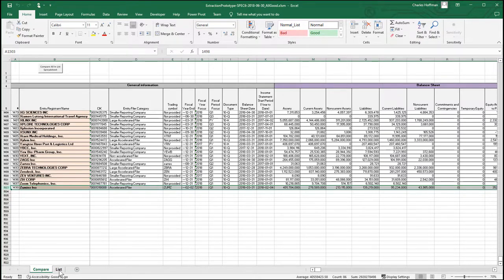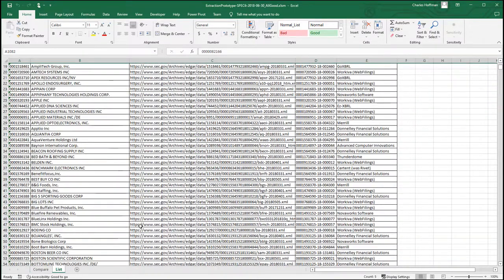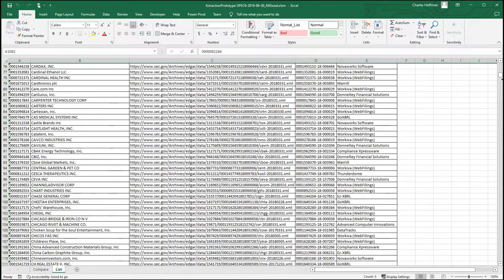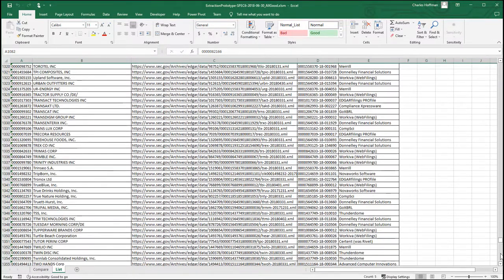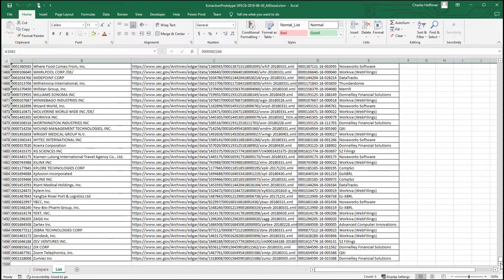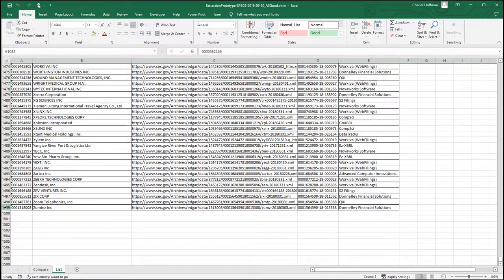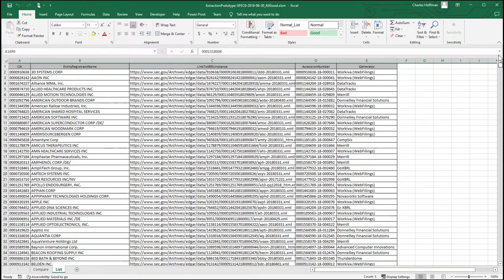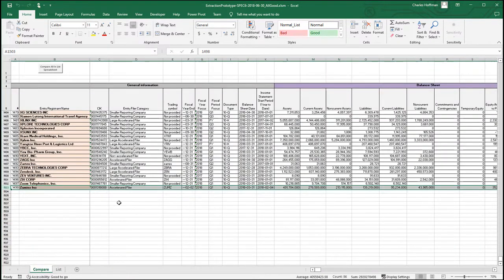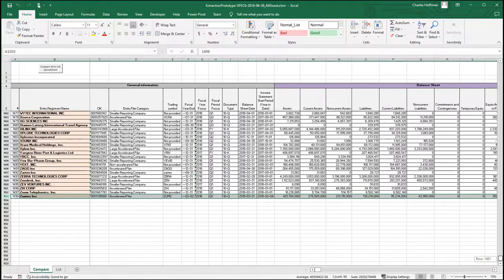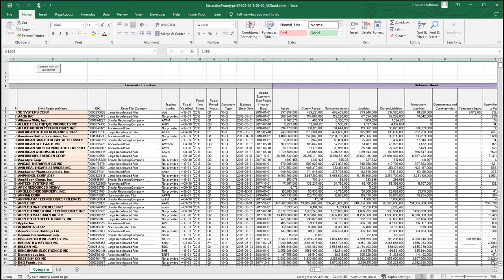So what's going on is I provided a list of reports. I got this from another application that I created. Each report is in this Excel spreadsheet. And for each of those reports, information, I'll go to the start, is extracted. These are these rows or columns that have information. Each company is in a row,